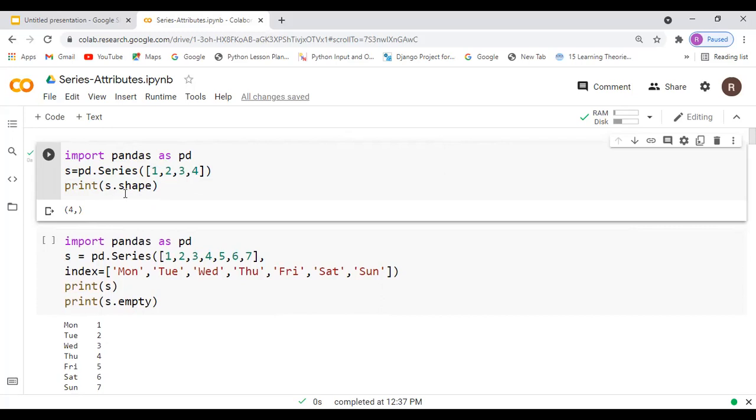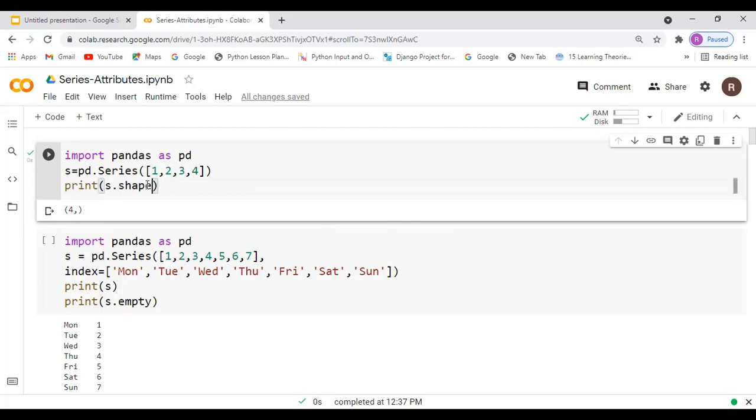When you are using the shape, see here, the output type of question they can give: s dot shape, 4 comma. So in a multiple choice question, when they are asking, the comma is compulsory. Okay. So if instead of series we are using a data frame, then we will get one more value. But it is a series, so 4 comma will be our output.